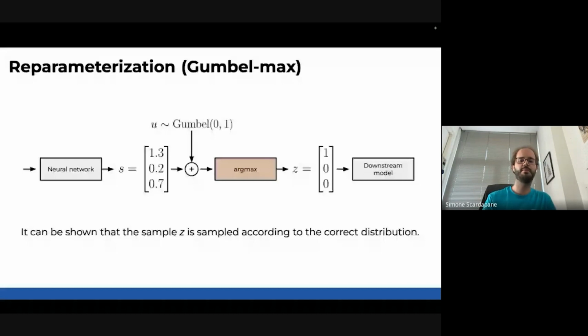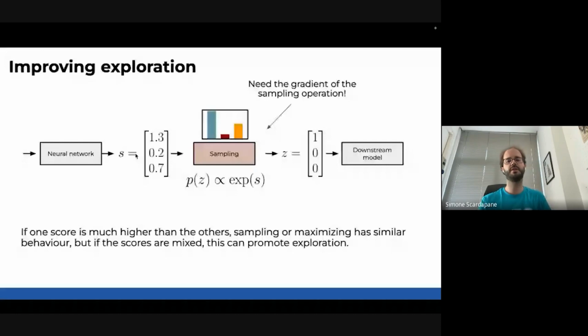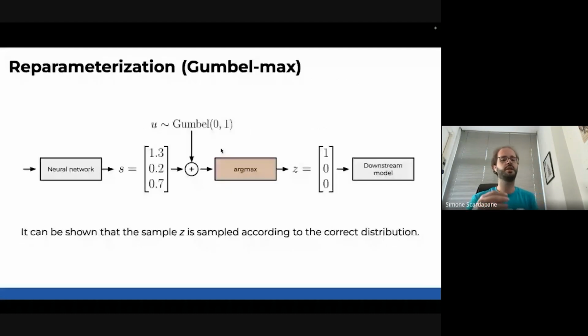Instead of sampling directly from this distribution, you are noising this distribution. You are adding some noise, and this noise is fixed, in the sense that it doesn't have any trainable parameters. It has a very special structure. It's sampled not from a Gaussian, but from a Gumbel distribution, which is a doubly exponential distribution with some special characteristics. You can completely ignore this.